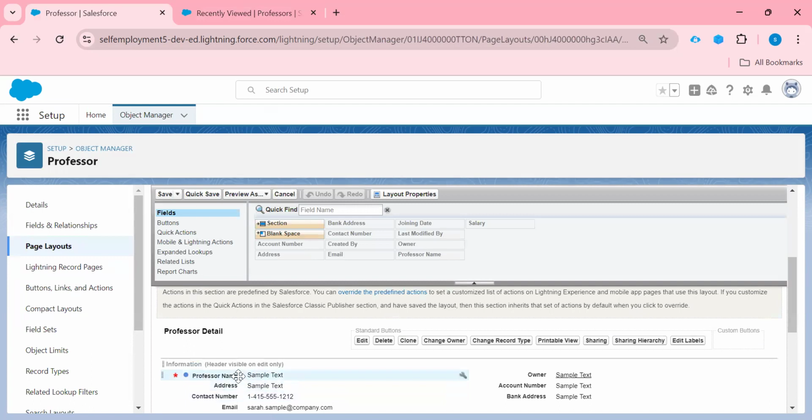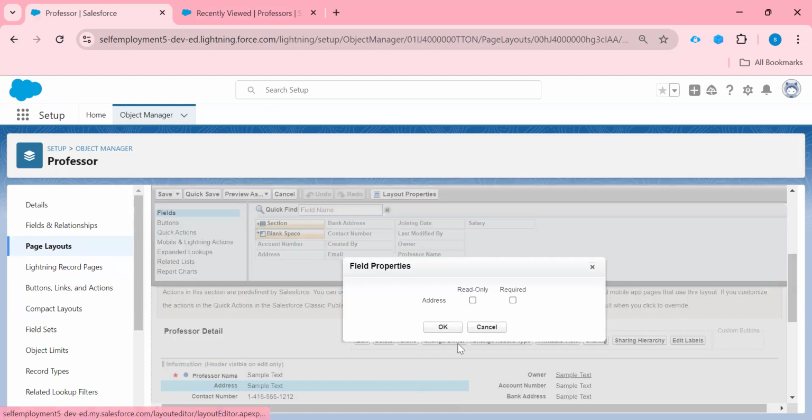If I scroll here and click here, this is the symbol of properties. If you click on this property, it shows two properties, read only and required. So if you want to make your field read only or required from here on your page layout, you can do that also, right?